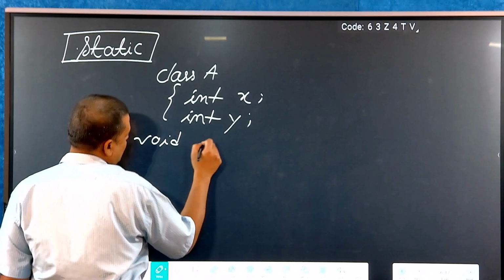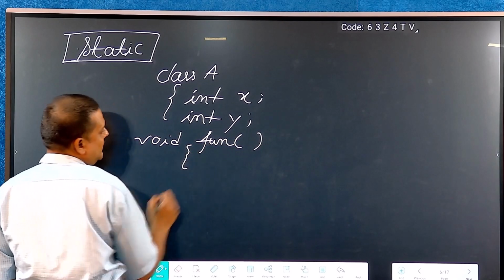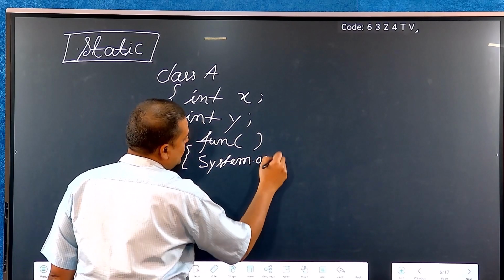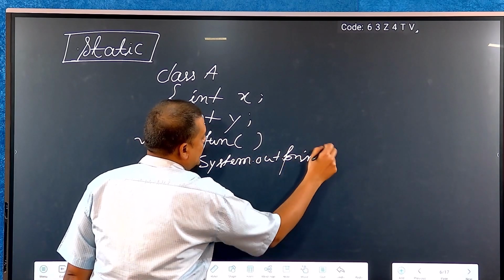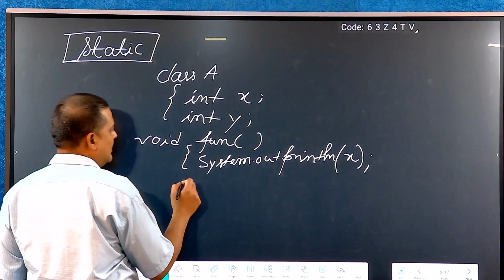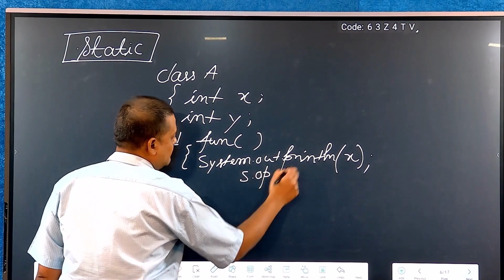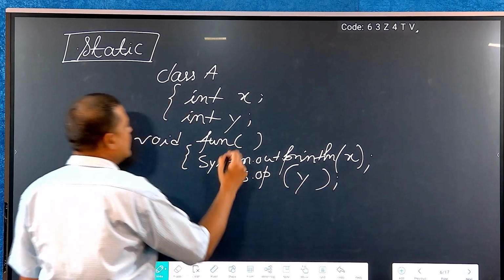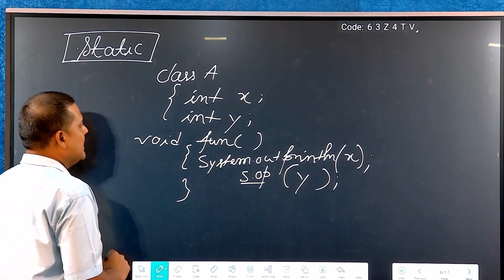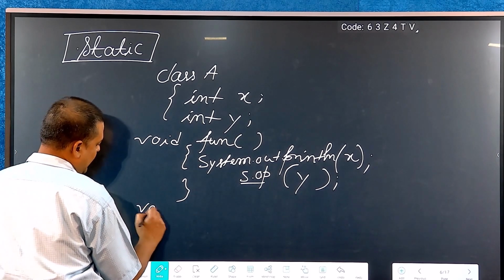void fun. It is a method where we are trying to print, system dot out dot println, x and y. We are writing SOP for the sake of minimizing time. SOP stands for system dot out dot println. So we are trying to print these two, and then we are writing another method,